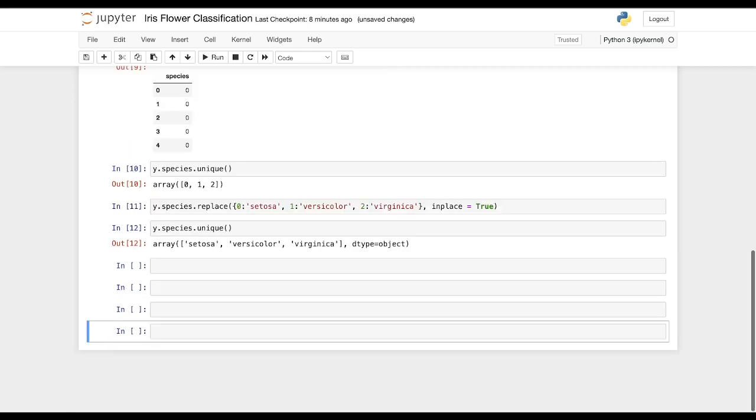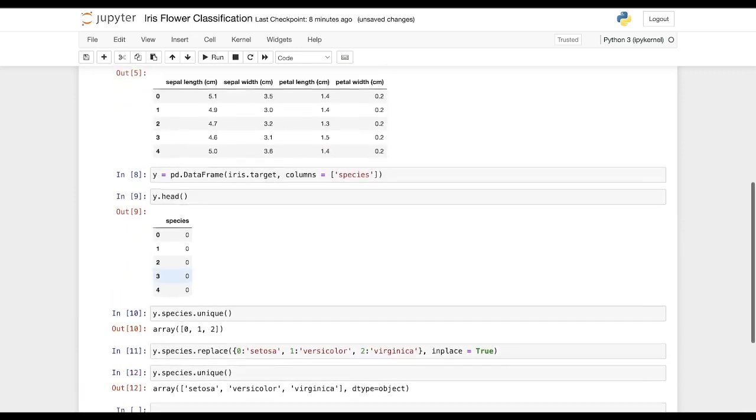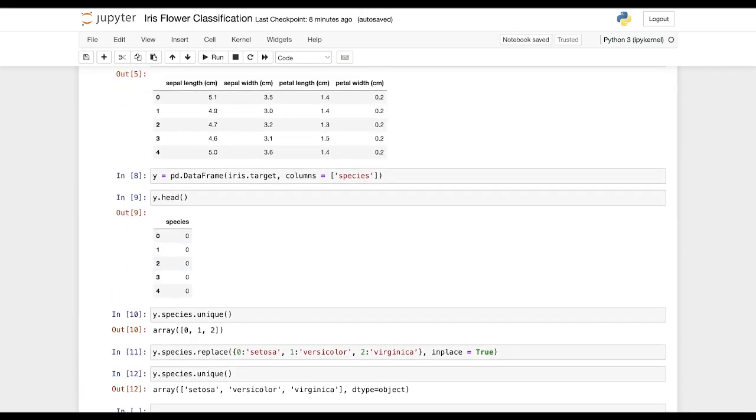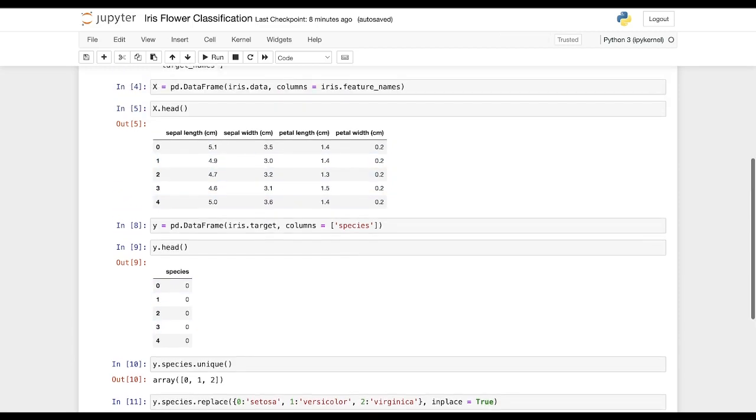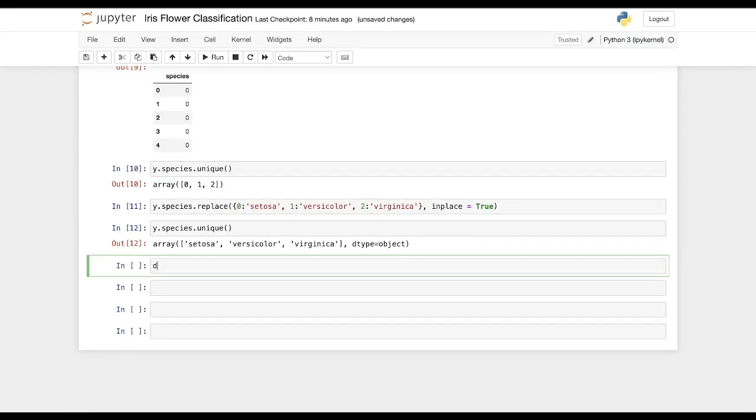Now the next thing that we can do here, if you want to perform an exploratory data analysis (EDA) on this particular data set, is to concatenate both the data sets, because the species, that is the target variable, the target column, is present in a different data frame, while the X columns, the input columns, are present in a different data frame. So let us assume that we want to perform EDA here. In that case we will concatenate them into a variable df. So in the df we will store the concatenated data frames.